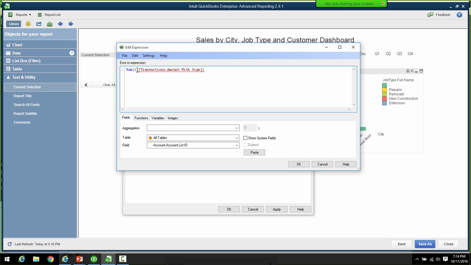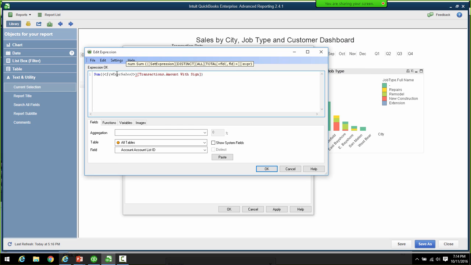Squiggly brackets, a pair of those, a pair of the less than greater than sign, dollar sign, and another closing parentheses. I notice how I always pair them off and work from outside in, because this guarantees that I'm not missing any kind of matching parentheses or squiggly brackets. So v expression sales is going to be the variable that we've seen before. And that says okay. If we move this box, you'll see that this expression is okay,